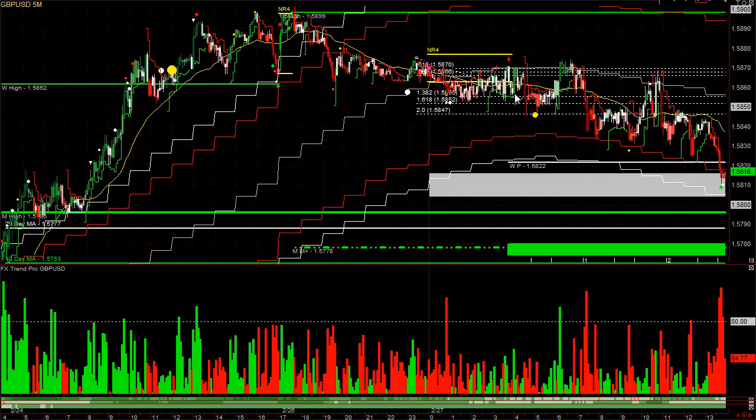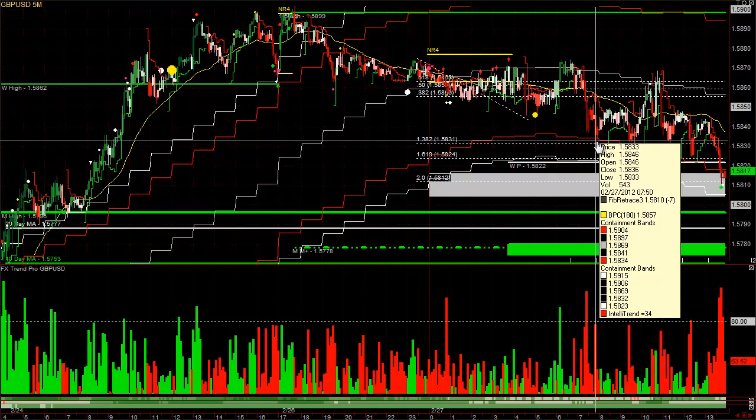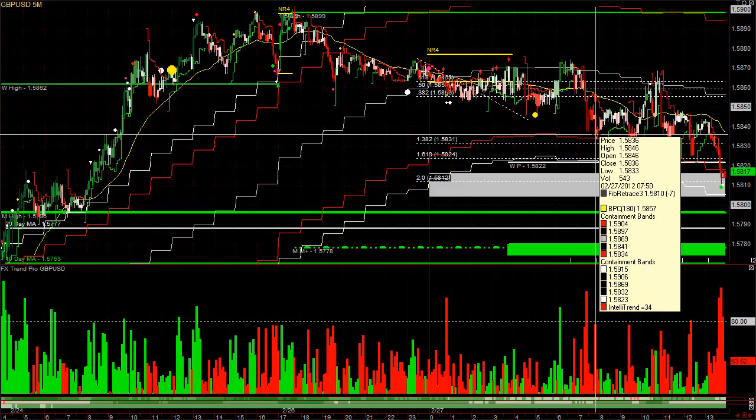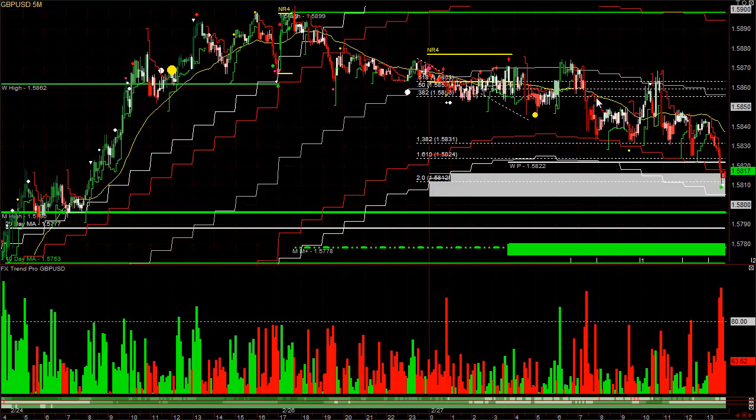You have your fibs off this last wave, and it hit the lower band. Didn't really have that much weakness. I would have been out of the whole thing somewhere around here at 36 for a 30 pip win. So you can see you're not guaranteed to win on any trade. You might have a loss, another loss, and a break even, and then another loss before you get a 30